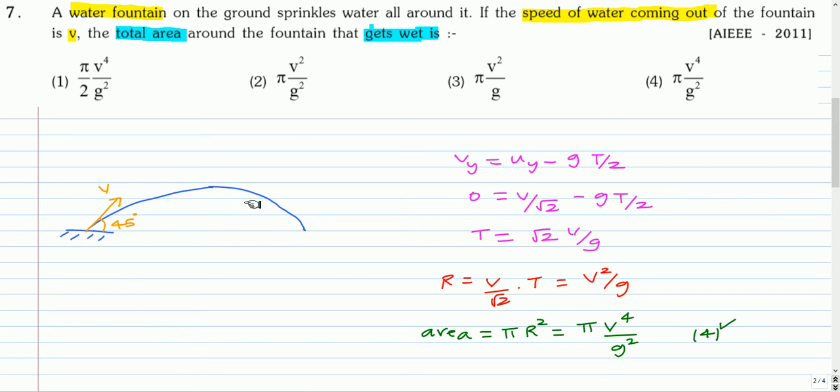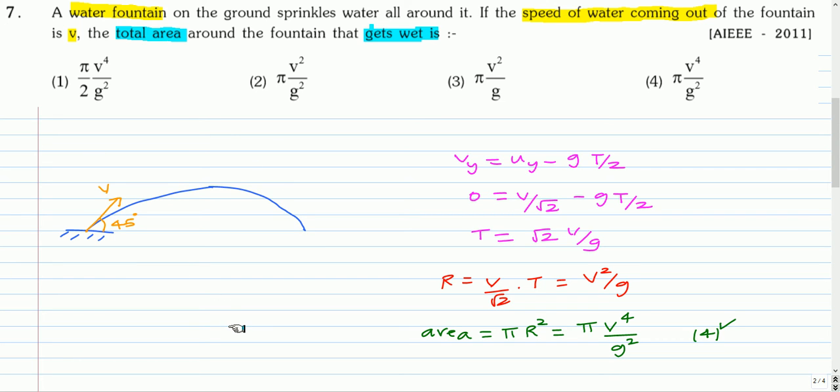To get the range we need the time taken for the water to travel from here to here. For that we calculate the time taken to travel from here to the maximum height point. To get that we have to use this v equal to u minus g t, where t is half of the time of flight, and velocity at this maximum height point is 0. The initial velocity is v by root 2. From this we get capital T as root 2 into v by g, and the range is the horizontal component, which is v by root 2 into the time of flight. From this we get the range as v square by g,